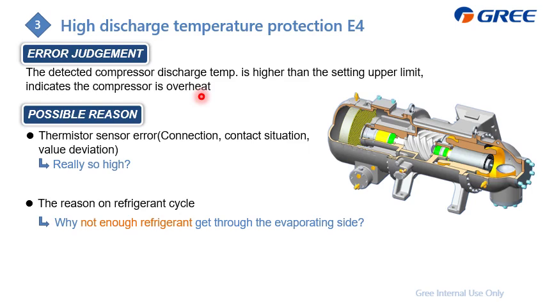And here is the screw compressor sectional view, and the refrigerant intakes from here and discharges at this side. Here is the low temperature, and after this screw it becomes high pressure, and we just use this low pressure, low temperature refrigerant to cool down the motor, which is this part. After this it becomes hot, and the reason for this error is that the discharge temperature of the compressor is too high.